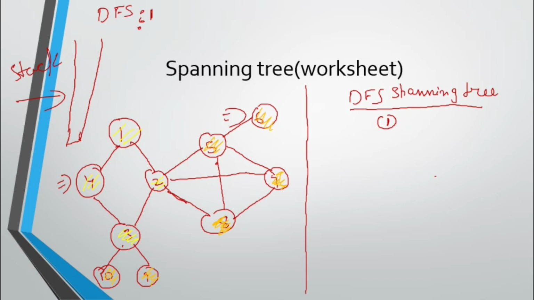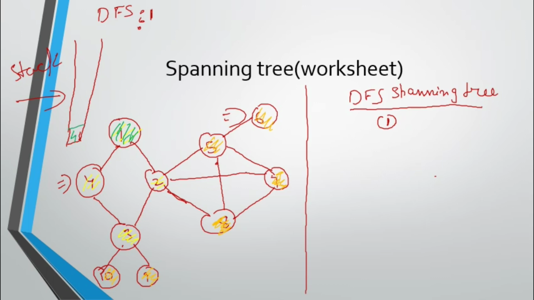Of course 1 is visited, so I'll simply mark it green, because I had already marked 1 when I explained the DFS spanning tree. Now when I'm explaining the DFS spanning tree, I'll mark it with green. So 1 is visited, and I'll go to the next vertex 4. 4 and 2 are the next vertices there. You can go anywhere, but put it into the stack. That is important. So put 4 into the stack.